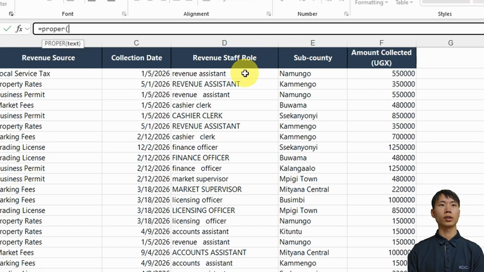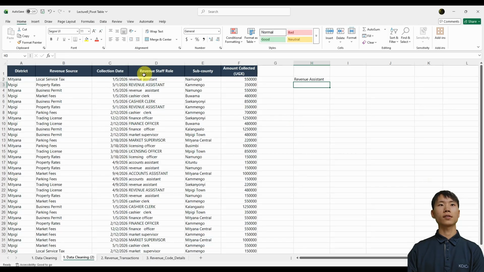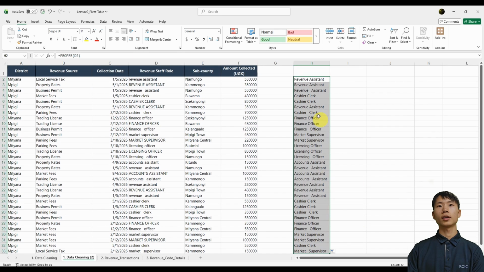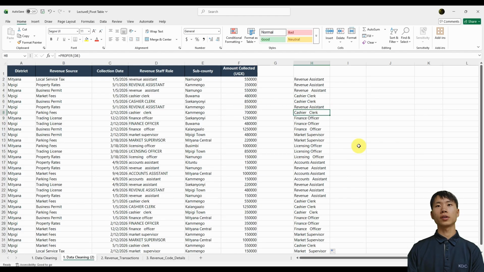So if you test this one at the cell D2, we can see that this one is changed into proper case, where all the first letters are in capital and the others are in lower. Now we're going to drag this to the data that we want. Now you can see that all of these are fixed to proper names. However, there are still problems here. As you can see, we have weird spacings inside the words,